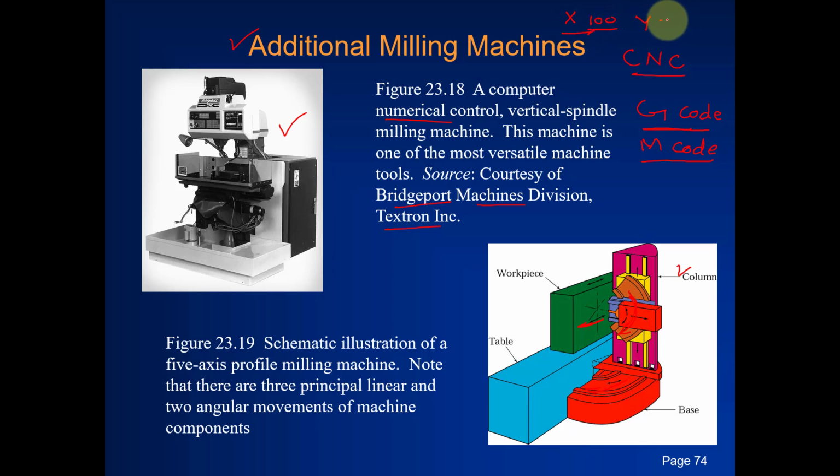Similarly, X, Y 50, Z minus 50. So these are the geometric codes. N001 is an instruction command, so you are going to instruct the machine. Similarly, we have codes that are used to start the spindle to rotate, to stop the spindle, to put fluid, or what we use the term for, coolant, to turn the coolant on or off. For that we have the M code, which is known as miscellaneous code.